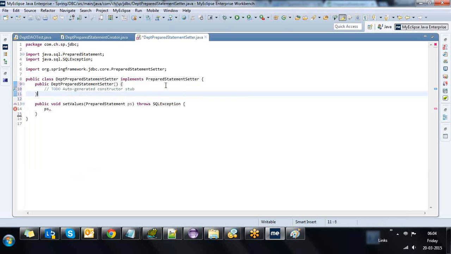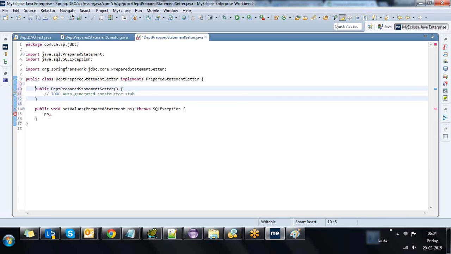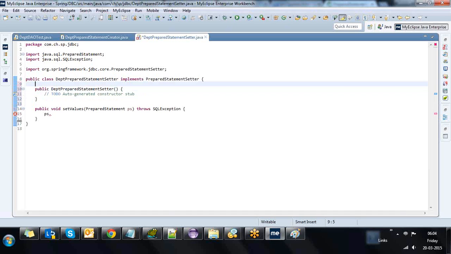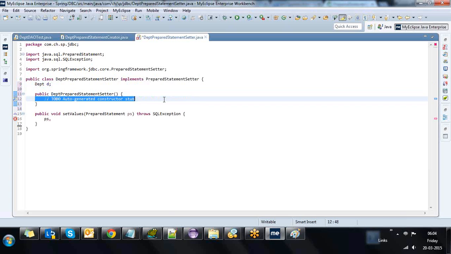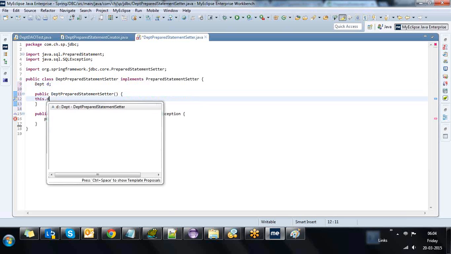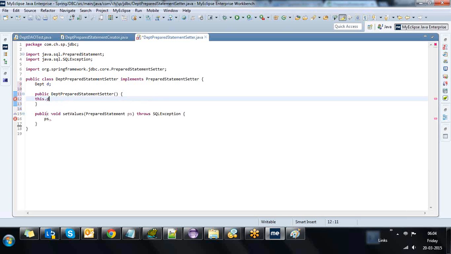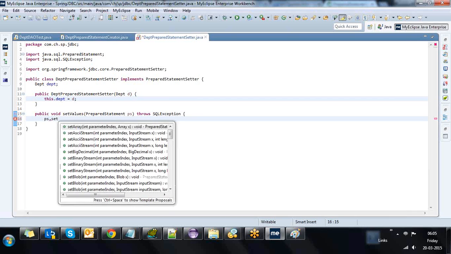We will create a constructor, and inside the constructor we will create the DEPT object. Prepare statement dot set string of